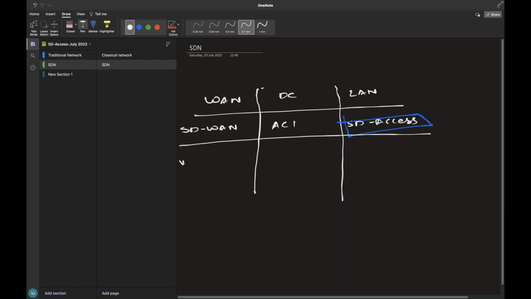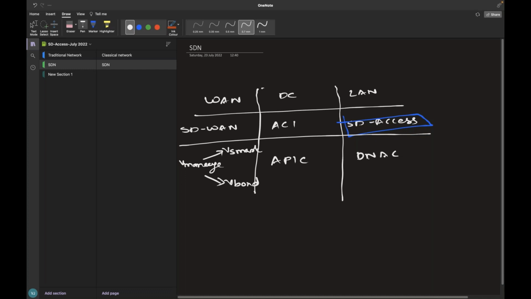For example, in SD-WAN there is vManage, then you've got vSmart, and you've got a third controller, vBond. However, in data center, in ACI, you've got APIC as the controller. And in SD-Access, it's called DNAC.